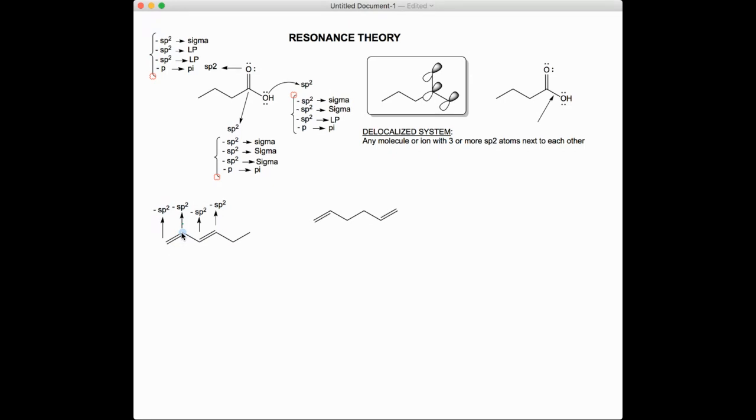How many sigma bonds in this carbon here? 3 sigma bonds. Once again, sp2 hybridized, 3 sigma bonds, 3 sp2 hybrid orbitals. The fourth orbital is a pure p orbital, right? And the same applies to the rest. So you can see how in this molecule we do have 4 carbons that are sp2 hybridized next to each other, and each one of them will have a pure p orbital. Okay. Now my question is,